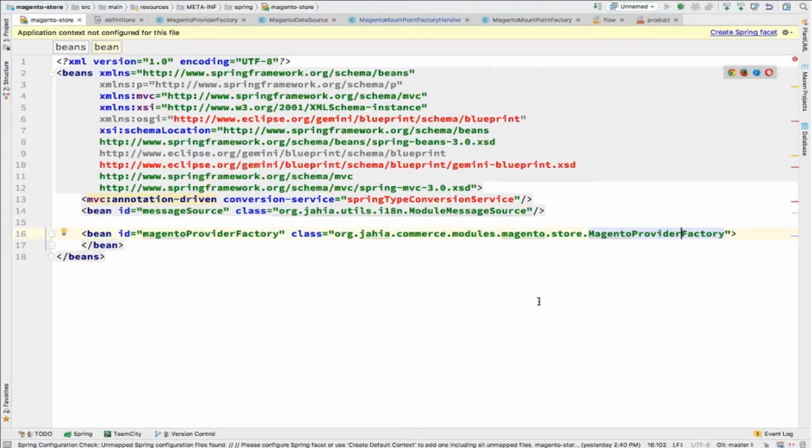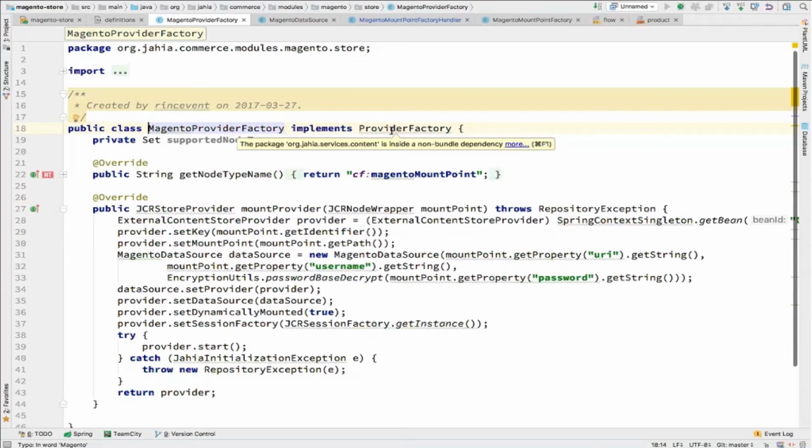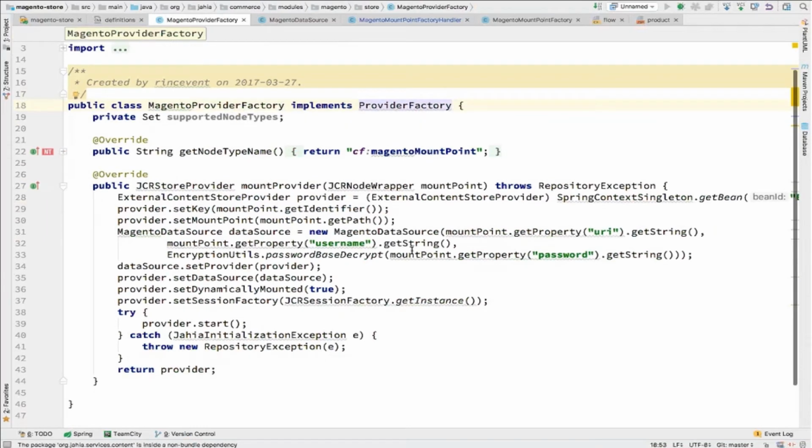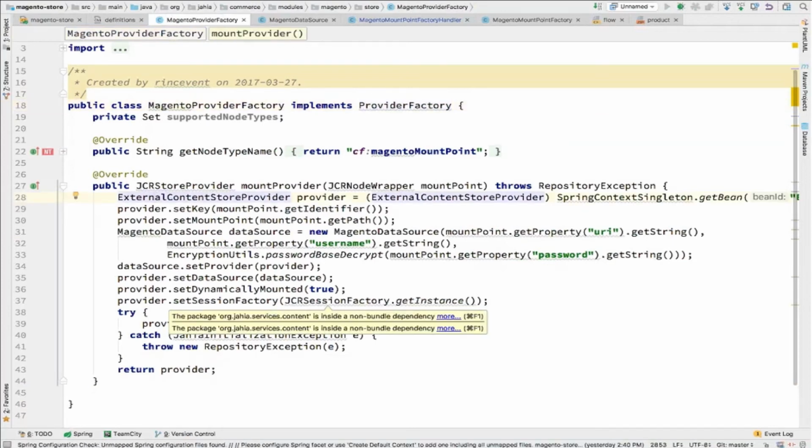So you have to implement a Magento provider factory, which is one class that implements a provider factory. This provider factory will have to create the content store provider and set the data source inside it.